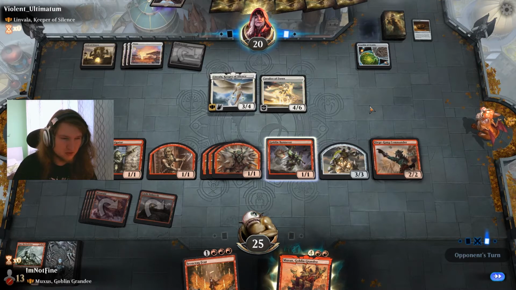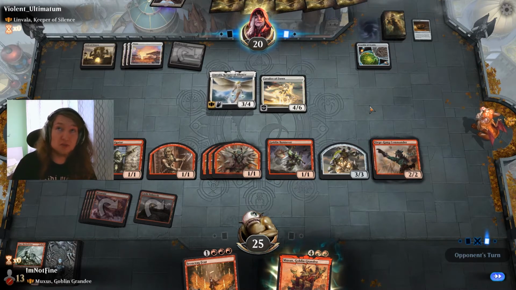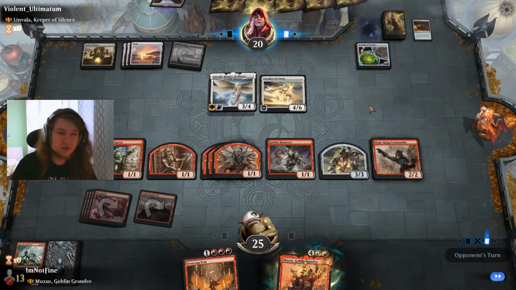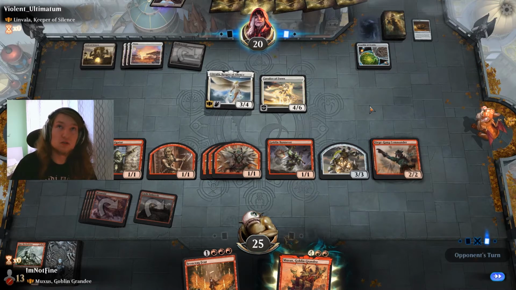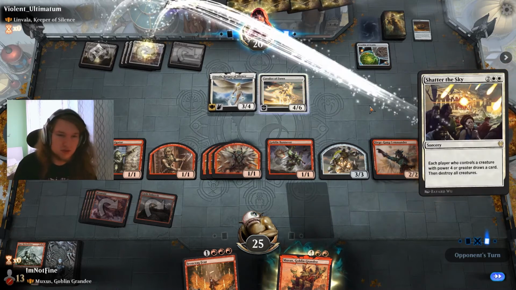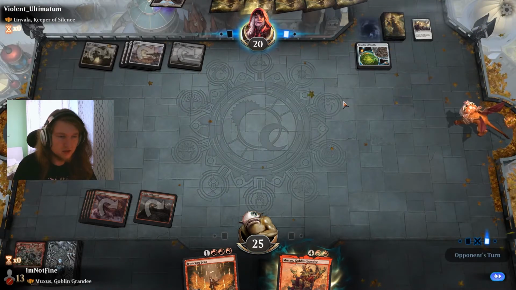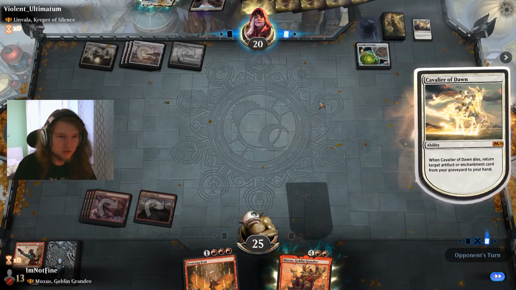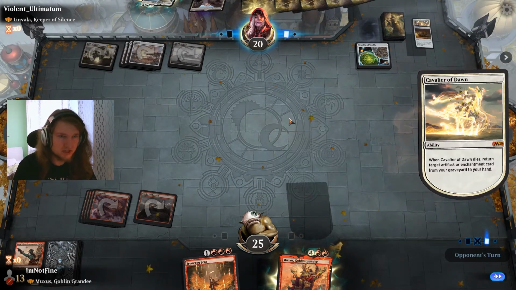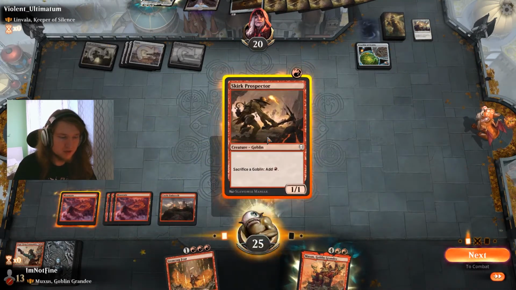And we have Gempalm Incinerator, Goblin Matron, quite a few cards. No, not. I mean, Torbrand would also be obviously. Oh yeah, Shatter the Sky. That was the board wipe I was talking about. Wretched Bomb, okay, and oh baby,